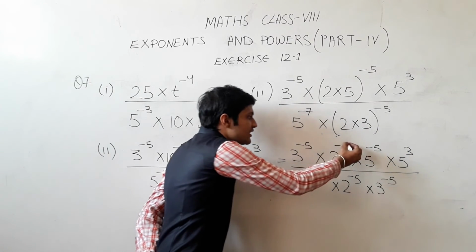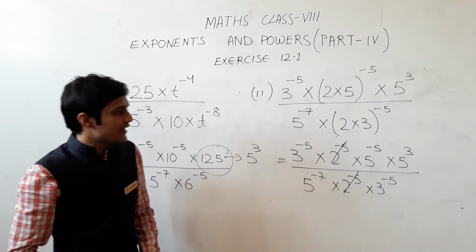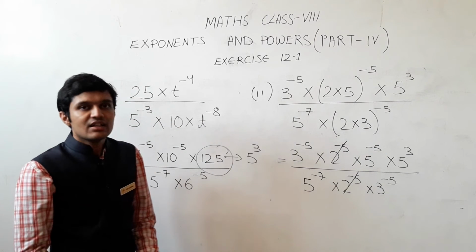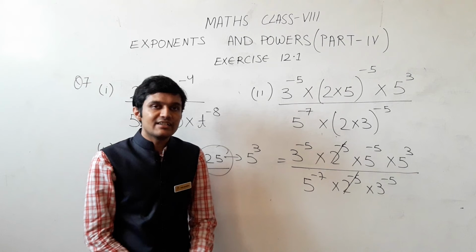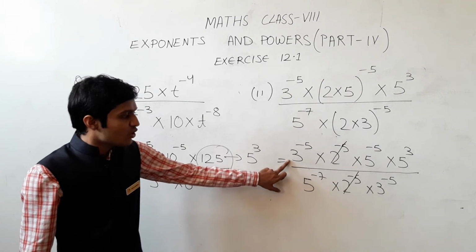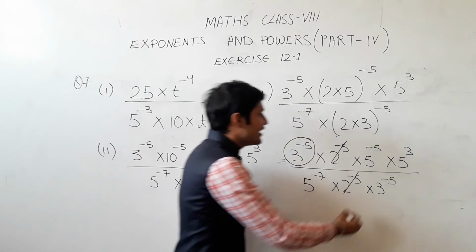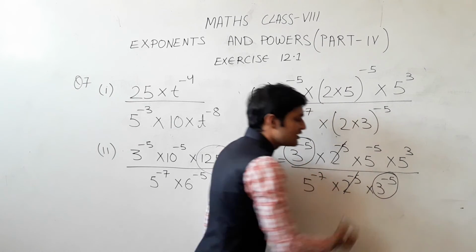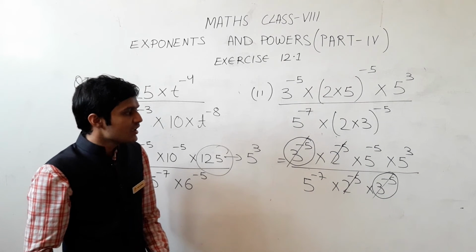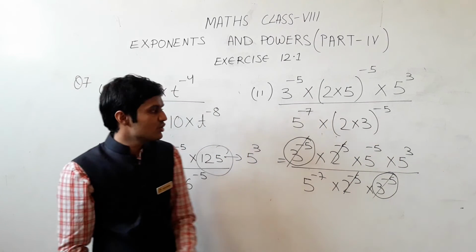Okay. Now this 2 raised to the power minus 5 can be cancelled with this 2 raised to the power minus 5 because both of these are the same. Look at the remaining parts and apply the laws of exponents. Firstly, look at the first number 3. Here it is 3 raised to the power minus 5, and in the denominator it is also the same, 3 raised to the power minus 5. So we can also cancel both of them. Now look at the last remaining number, that is 5, and solve the exponents of 5.